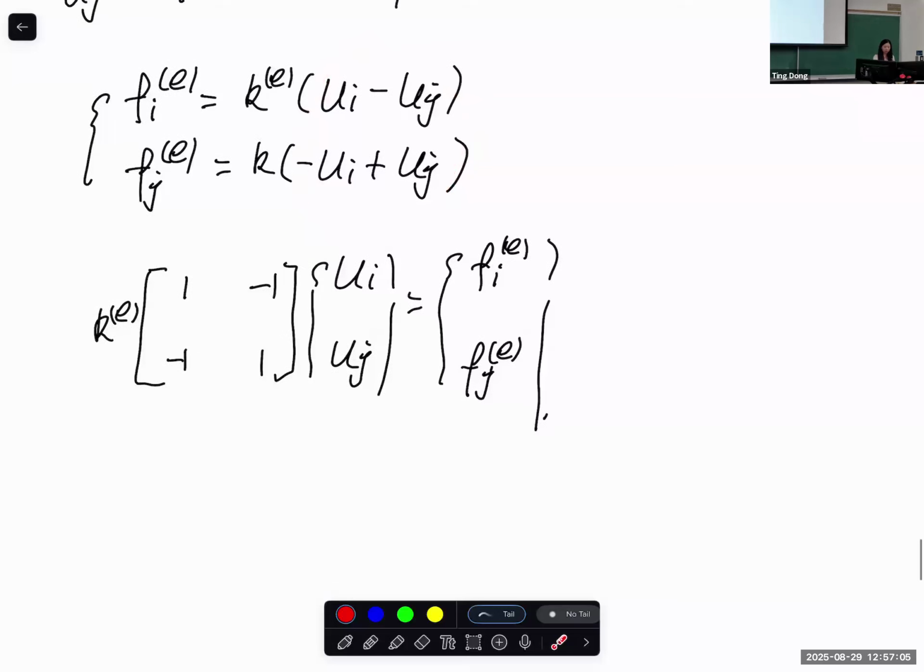And the same thing, let's check this matrix equation form, again back to what we talked about in the